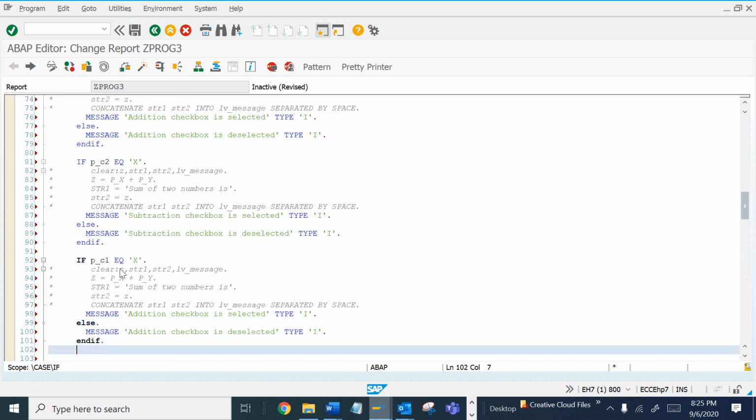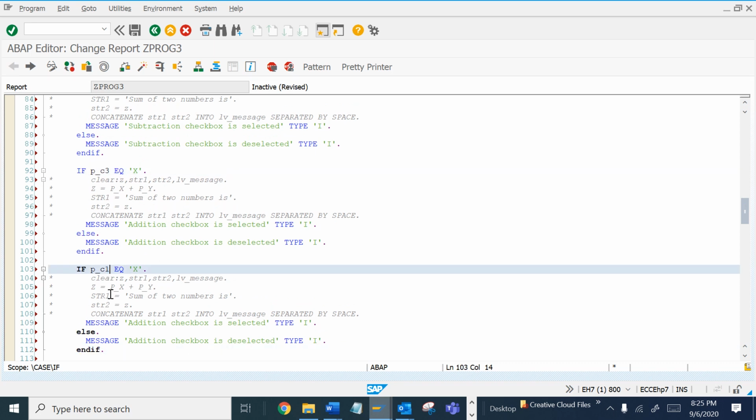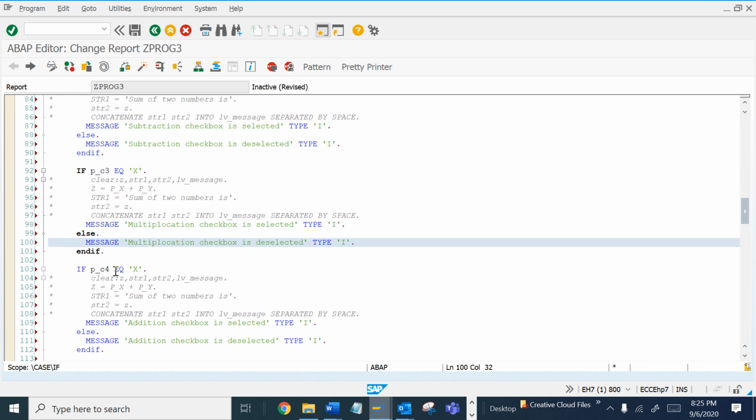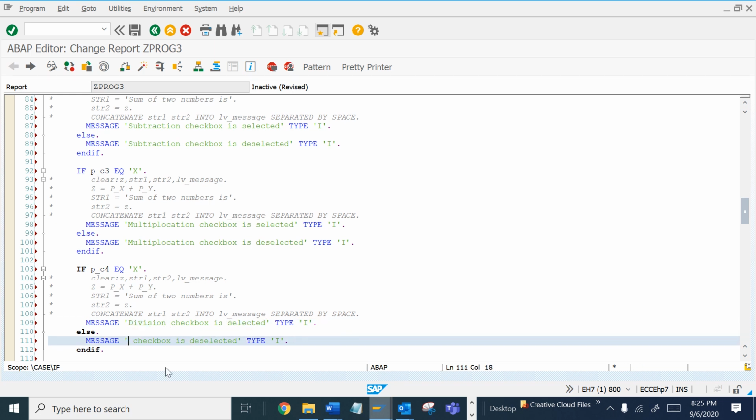I will do all these things for FC3 and FC4. This is for the multiplication part. Let's do the copy, and this is for division. Let me do the uncheck and then activate.